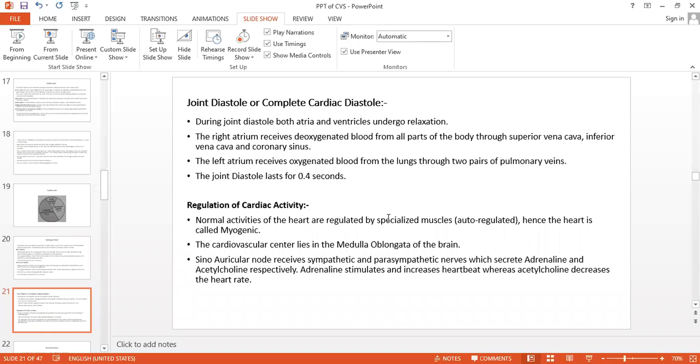The normal activities of the heart are regulated by autoregulation. A specialized muscle called the myocardium, which we also call myogenic. All the activity takes place in the myocardium, the middle layer of the heart, isn't it? Myocardium. The sino-auricular node is innervated by the